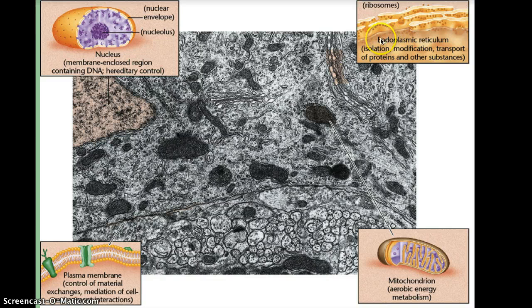And we've got the endoplasmic reticulum here, where you've got all the ribosomes that are going to be transporting proteins and other kinds of substances. Here's one mitochondria that is metabolizing energy. And what you've got here,